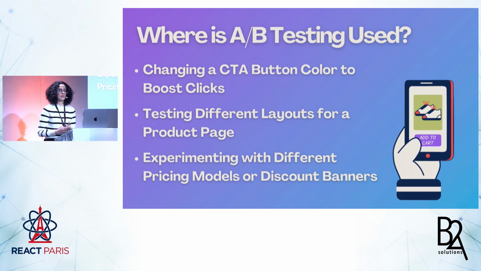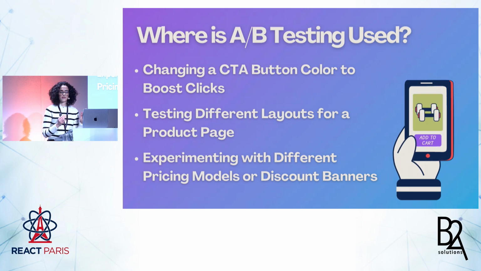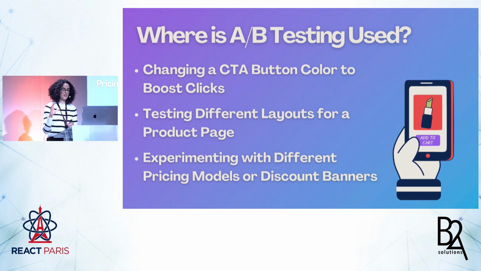Now you might be wondering what can be A/B tested. Actually, anything on your app that drives user interactions can be A/B tested. You can experiment with different designs for buttons or texts, and see which get more clicks. You can also test different layouts for a product page. For example, you can experiment with placing images and descriptions in different positions and see which drives more user interactions and sales. You can also experiment with different pricing models or discount banners and assess their effect on user behavior,